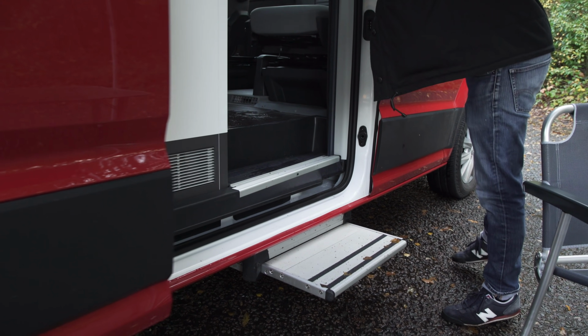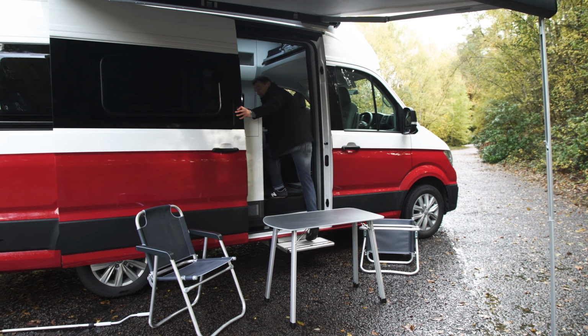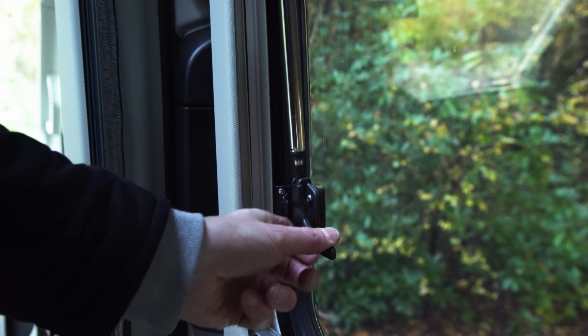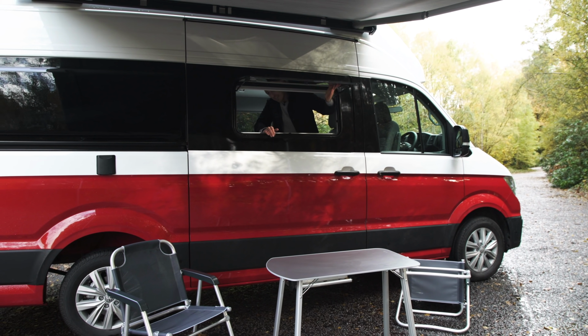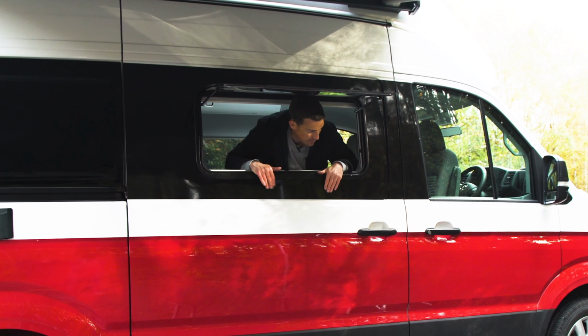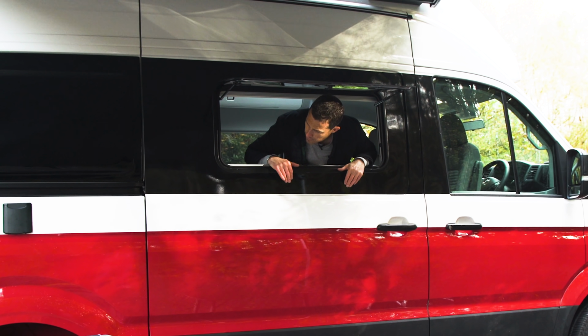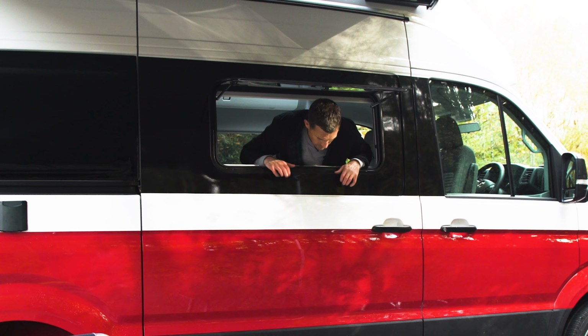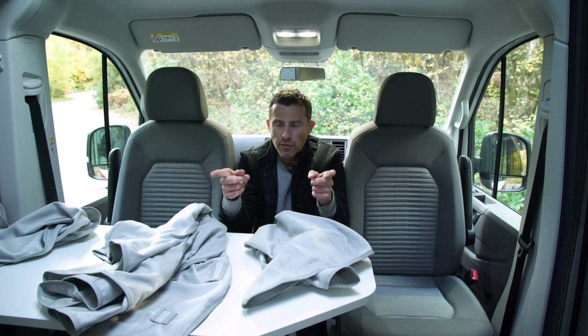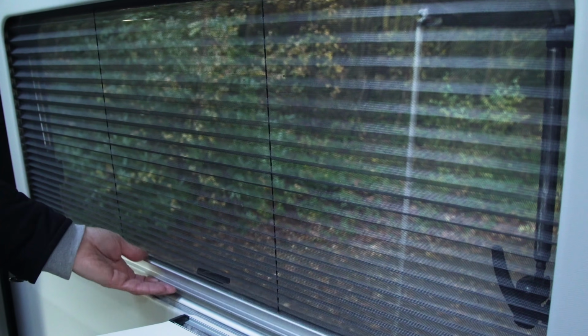Such as, you do have to have this door shut to be able to open the awning. It's not too much of a problem. And I can now show you this, the window mechanisms. Look, it's held up on gas struts, so you can probably operate this thing as a burger van, make a bit of cash to pay off the huge amount you'll be owing if you buy this thing on finance. Just saying. All the windows in that part of the van have a mosquito blind and a normal sun blind,